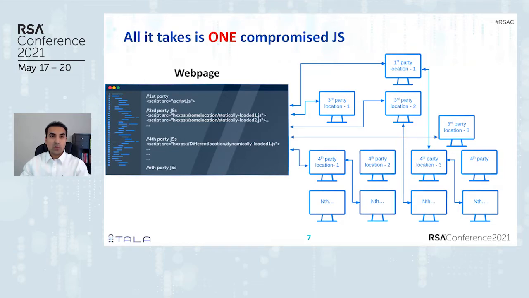So in this, your JavaScript loads third-party JavaScript, which in turn may load fourth and fifth party JavaScript. This is called the piggybacking of JavaScript, and this creates a trust between you, your third party, your fourth party, and so on. And as a result of this trust model, it only takes one of these libraries or dependencies or even one server to be infected in order to compromise your website.